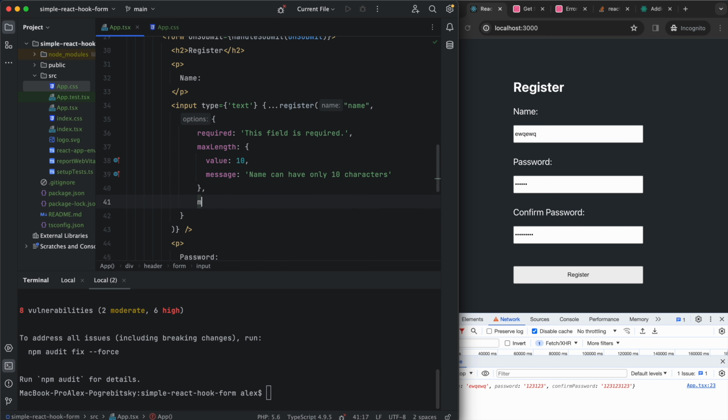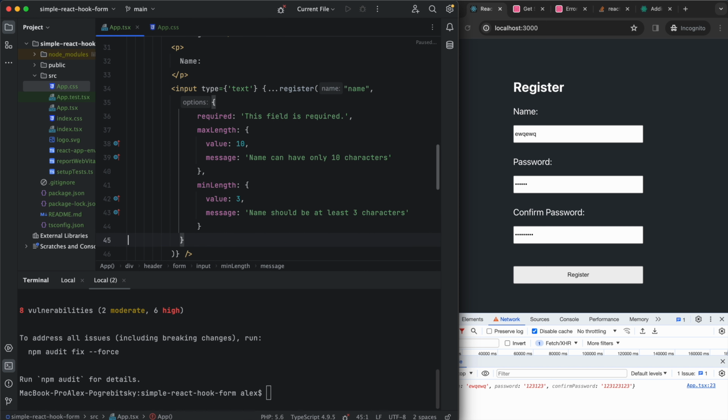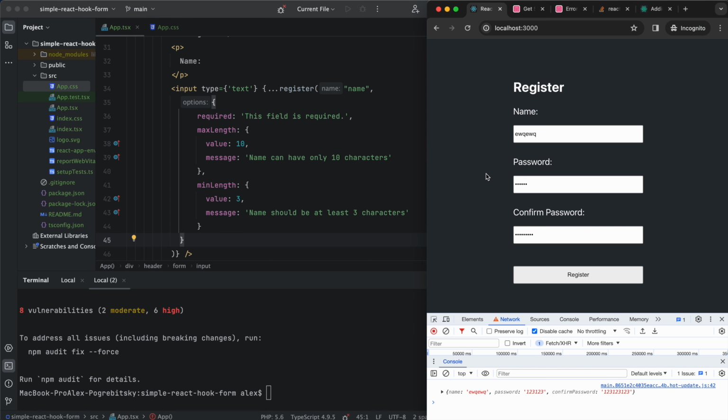And we need to add validation for min length. It will be 3, and the message will be name should be at least 3 characters. Okay, we add our first validation, but right now we don't have errors if we have some errors